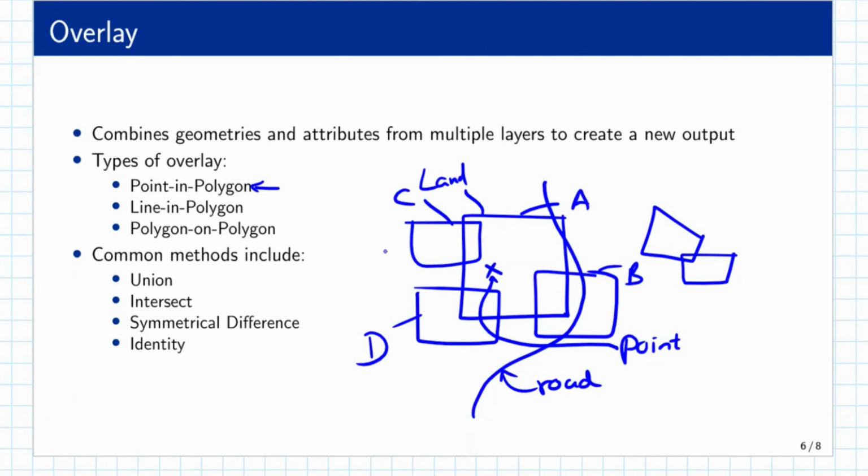In the case of line in polygon, the lines are intersected by polygon boundaries. You have the polygon boundary now. If I were to draw it again, you have the polygon boundary, and then you have the line that is intersected with the polygon boundary. It creates a new set of polygons that contain data from